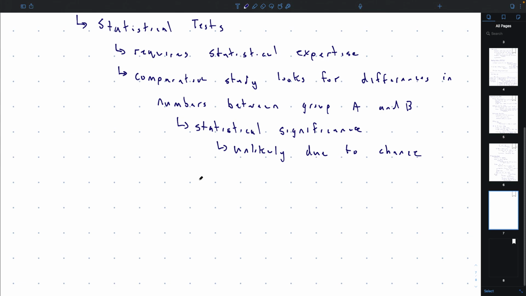So a general rough estimate: it's obviously going to depend on how subtle the effect is that you're measuring, okay? If it's a subtle effect, you're going to need more users to distinguish it from chance. If it's something very obvious, right, there's an obvious difference between the two, then you don't have to run as many users in order to notice the difference and see that it's significant. So just to give you rough numbers, if you have a strong difference between the two groups, then something like 20 users could be enough.